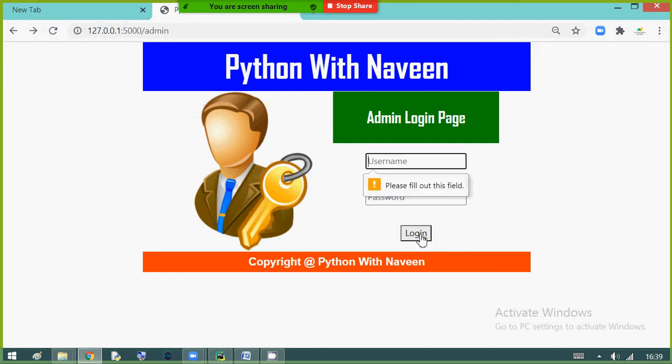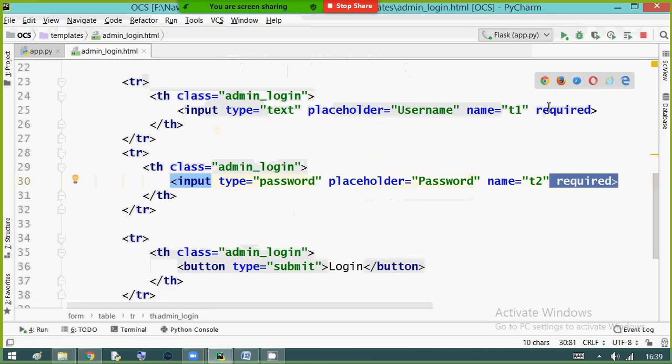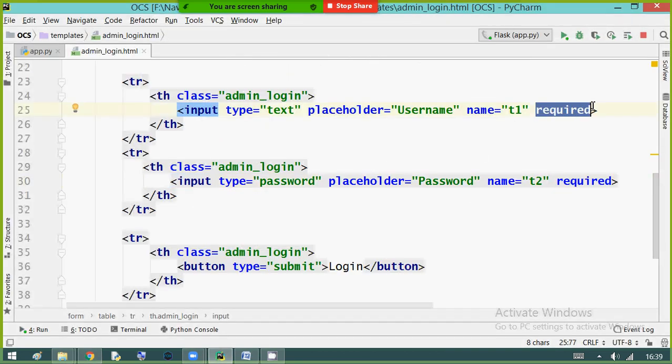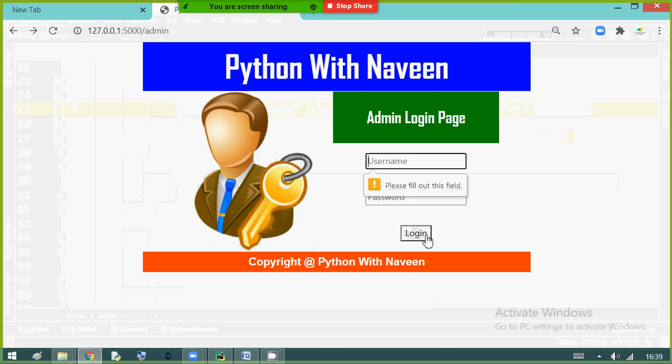First you have to fill this field, unless it won't submit. Previously it was submitting. After writing this required attribute, that is the beauty of HTML5. No need to write any JavaScript validations, reading the inputs, verifying empty fields. When you're working with HTML5, you can do it by writing one simple required attribute. That's it.